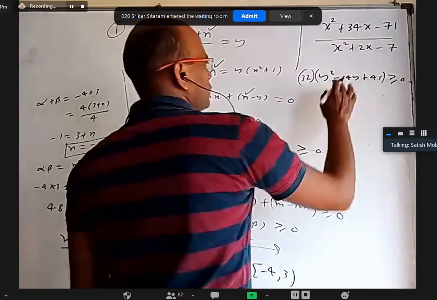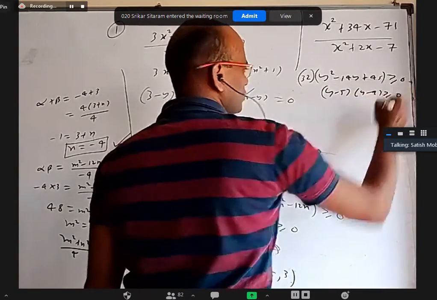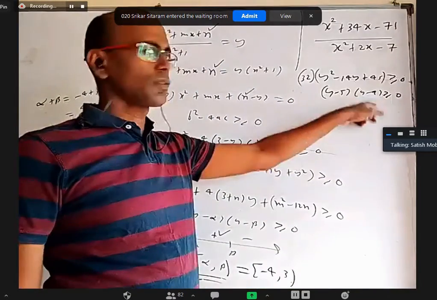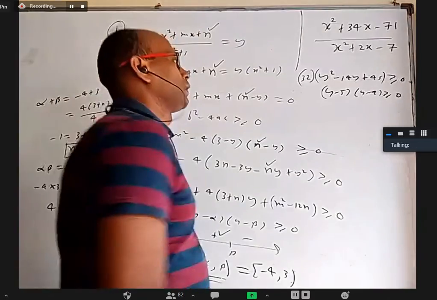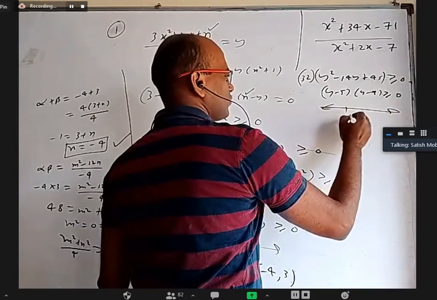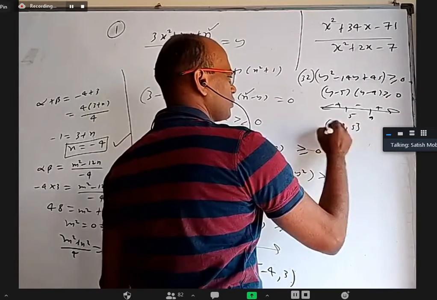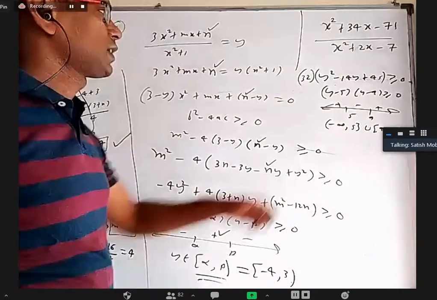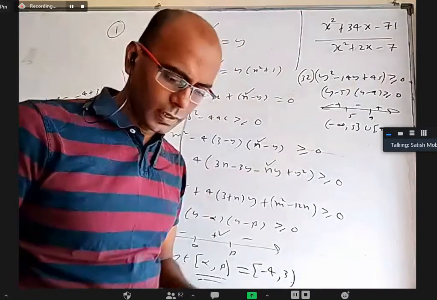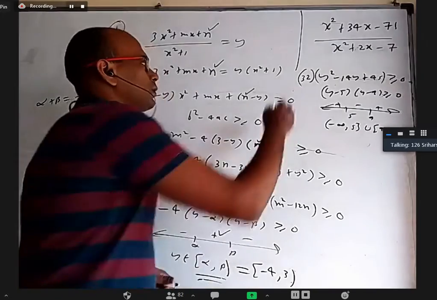Okay. So this is y minus 5 into y minus 9 greater than or equal to 0. We did not get less than or equal to 0, here we got greater than or equal to 0. And we know the number line standard, 5 and 9, plus minus plus. So the range is minus infinity to 5 closed union 9 to infinity. Of course, here the numbers are a little big to multiply. Okay, is the method clear to you? Yes, sir.